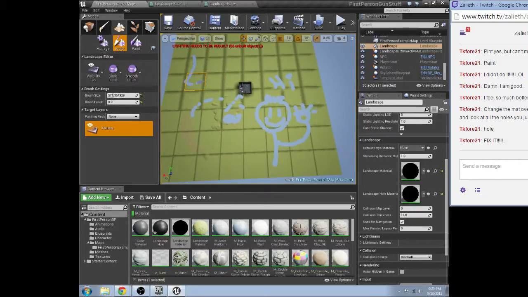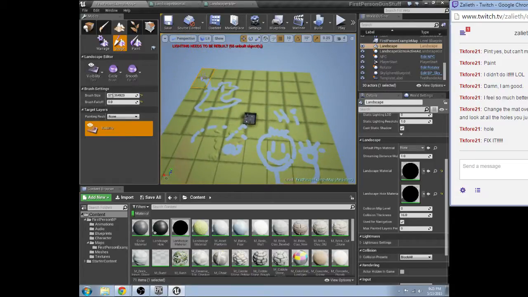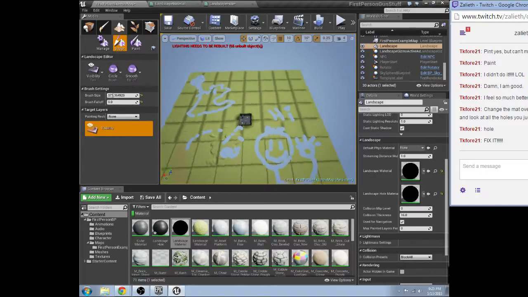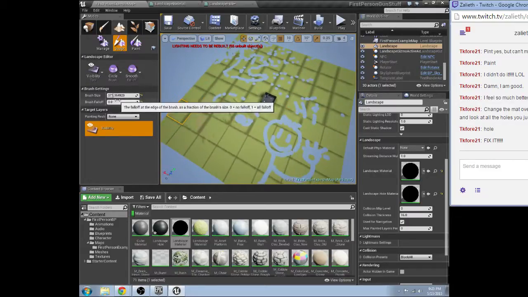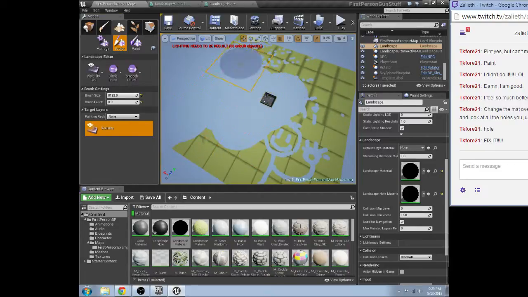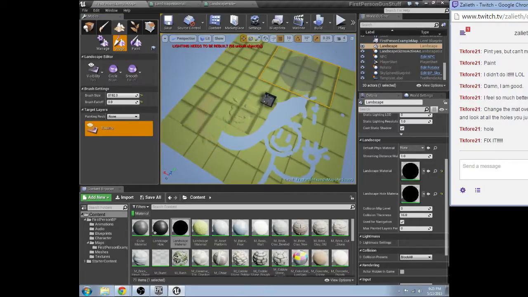Landscape just became the new paint, everybody. Whee! And yes, I have done this at work. I got mad during a bug, and I started